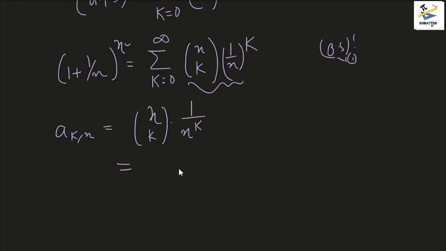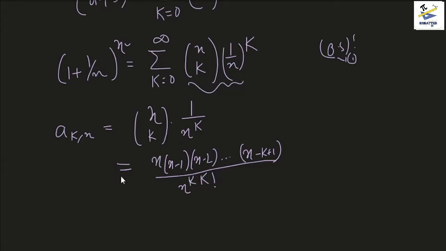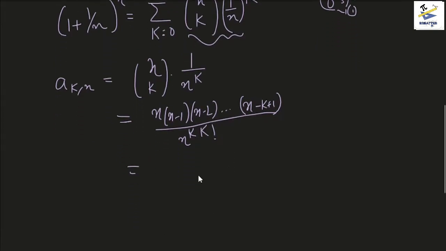Okay, so what makes sense is this: xCk can be written as x(x - 1)(x - 2) all the way up to (x - k + 1), divided by k factorial. This is the expression, and you have an x^k extra in the denominator, which gives us the expression for this. And we are literally trying to find the limit of this expression right here, right? So one of the x's can be cut off, obviously, and what we do get is this: